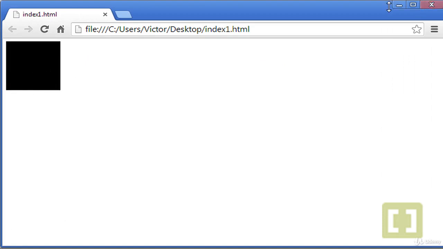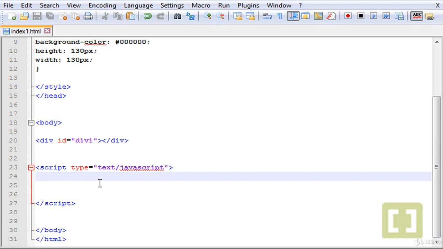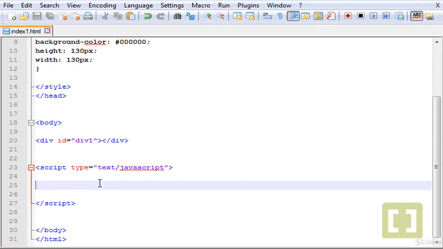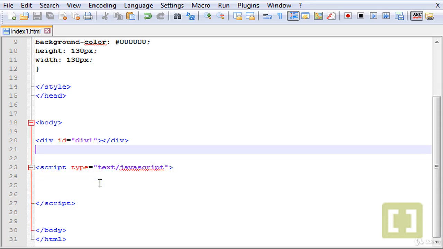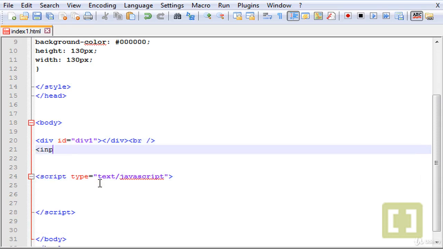Okay, there it is. So now we have this square with a background color black, and what I want to do is create a simple button that will trigger a function that will change the background color. Let's say to blue instead of black. So we're gonna use the onClick event handler again, as we did in the last video. So we need to create, first of all, a button here. Let's type a line break, and then input